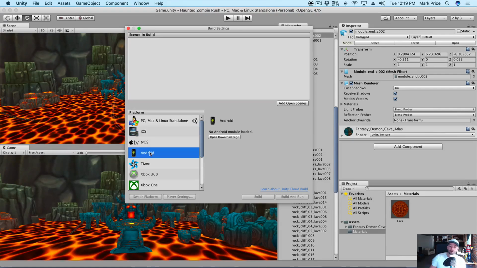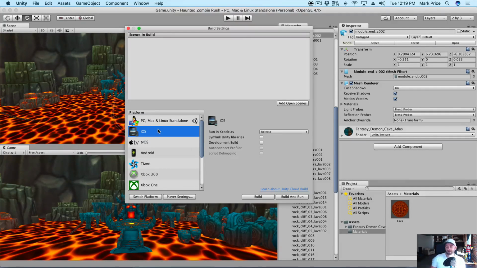If you are working on a Windows computer, of course, you won't be able to do iOS. You won't be able to at least export with Xcode and things like that. So you may want to choose Android. And a lot of the things will be very similar, but we're just going to pick iOS. And again, this is completely applicable to anyone who doesn't do iOS. Again, choose Android, or you can even leave it in PC Mac mode if you absolutely want to,